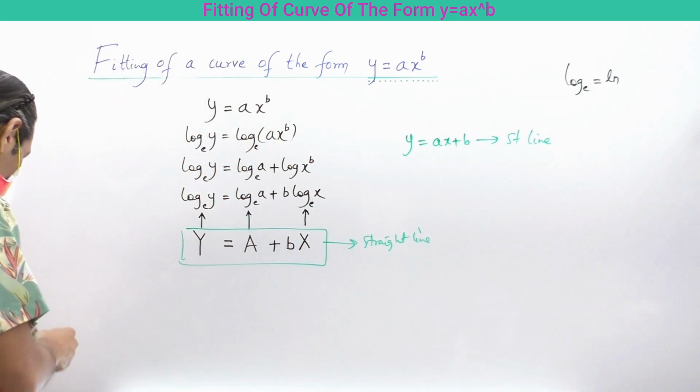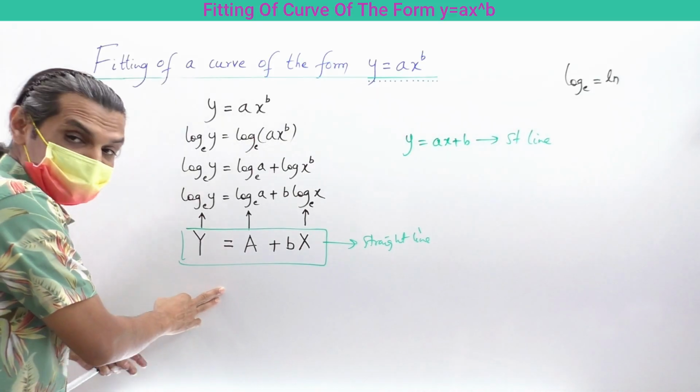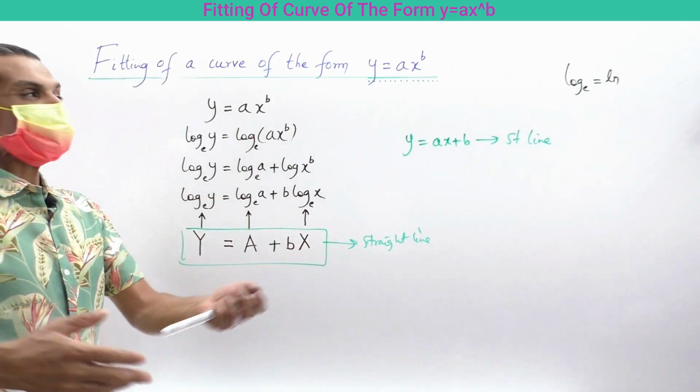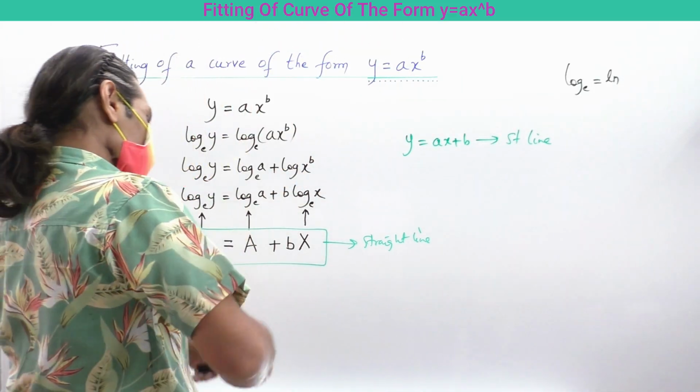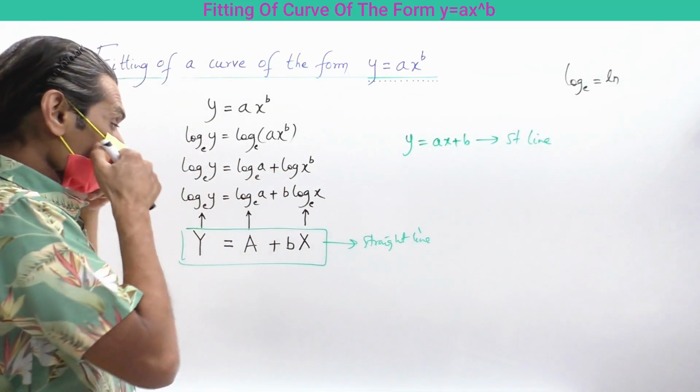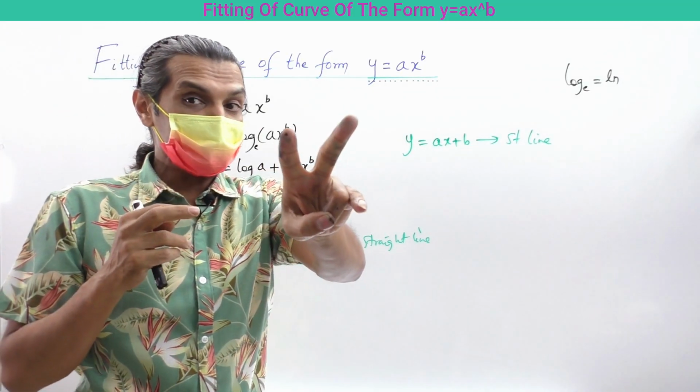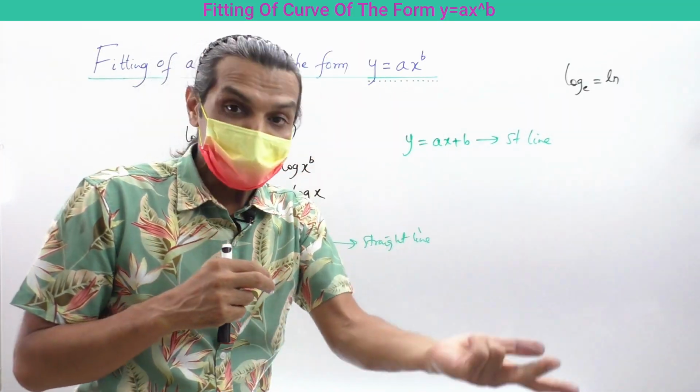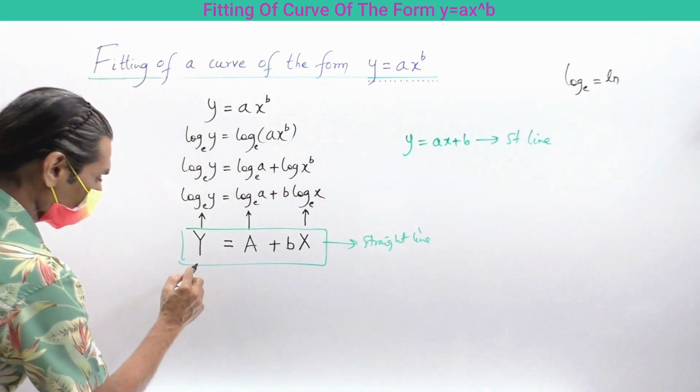That means we have to apply the least square method for this and fit the formula. That is it. So, how to do that? Again same. So, what we do? Since a and b two are there, so we apply summation twice. So, first we apply summation. So, we have